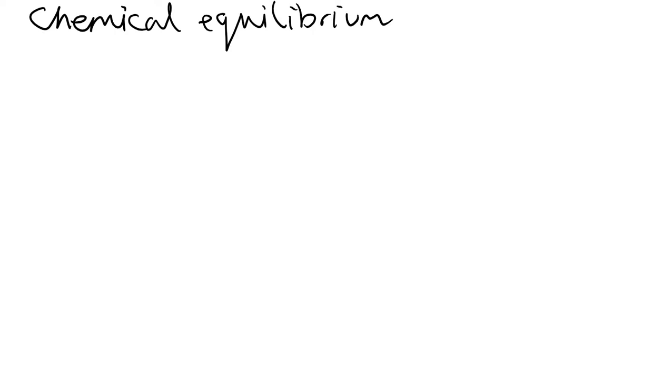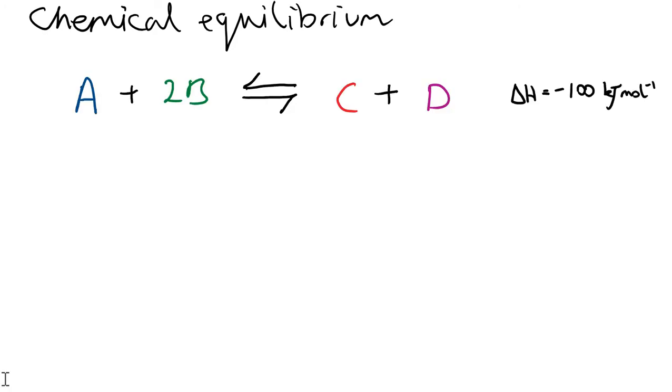In this video, I'm going to discuss chemical equilibrium. To begin with, I'm going to put up a generic reaction scheme like this, where I've got reactants called A and B. I've just got twice as much of B in this reaction, and they react to produce C and D. The delta H, which is the enthalpy change for a reaction, is minus 100, so we know the reaction